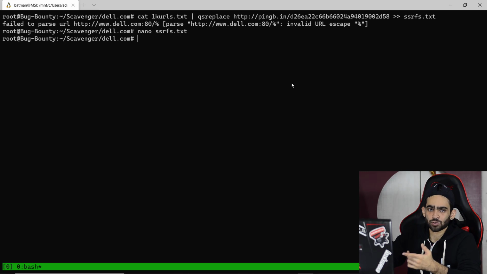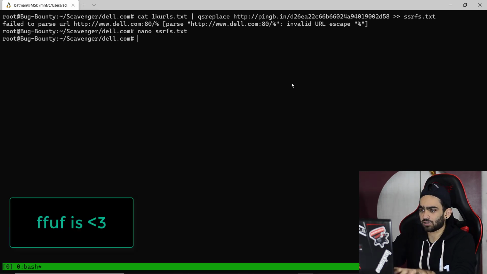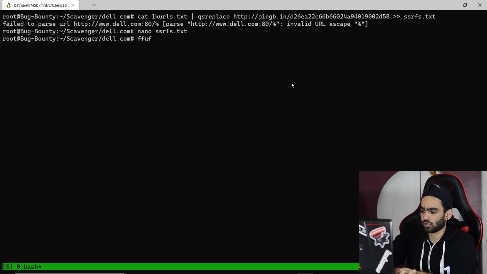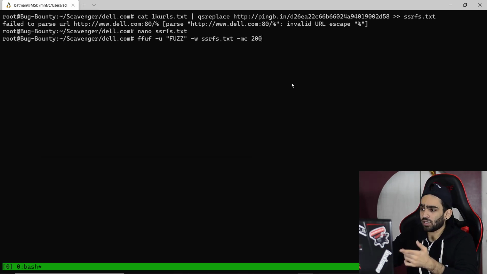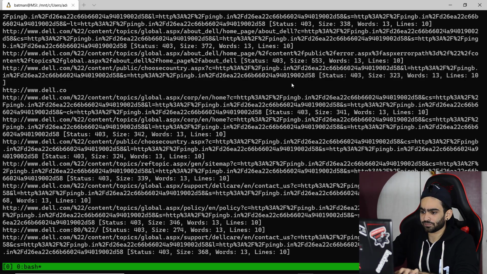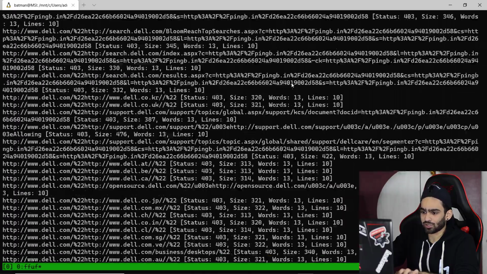There are again a lot of ways to do that, but the easiest way I think is using ffuf. So you could do something like ffuf -u FUZZ for our URLs, and this is for the wordlist. Our wordlist will be the URLs file which we have, because we just want to probe them, and we can either match response codes, but it won't be necessary here, because if we get any pingbacks, it will directly be shown on the pingb website or your Burp Collaborator itself. So this is not necessary here, and just enter.